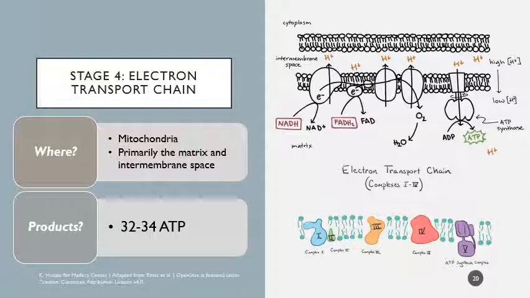So we have all of these proteins embedded in that inner membrane. And what's happening is as we have the electron cycling through that electron transport chain, the hydrogens, when you pop off the hydrogen and free the electron, the hydrogen, the proton, is going into that intermembrane space. So you end up over here,